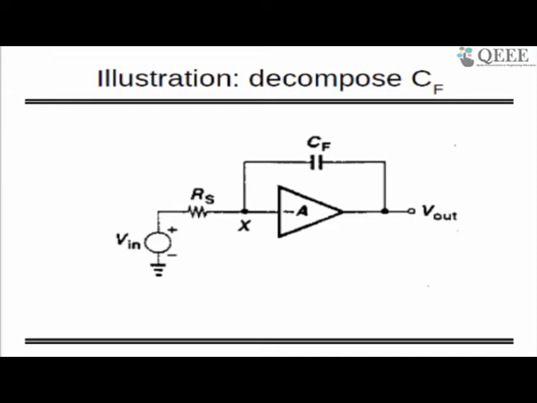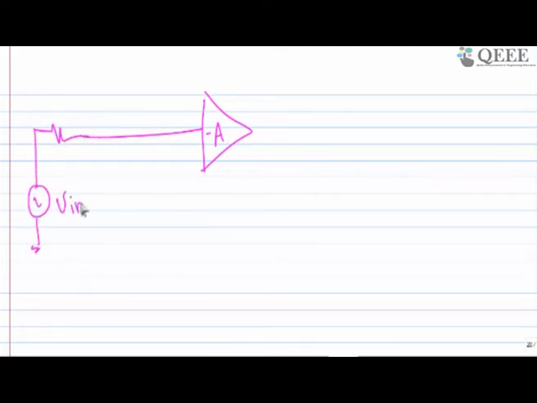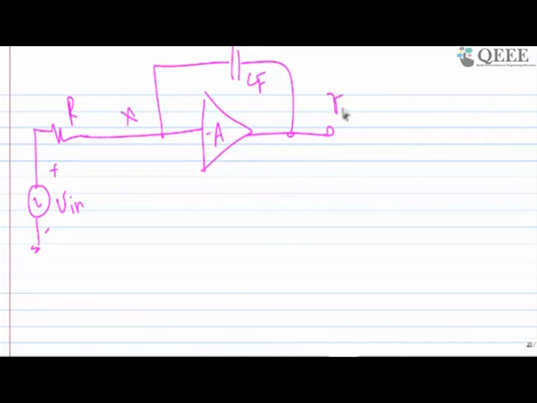I don't understand first of all what is going on here. So if there is an amplifier with the gain of minus A, there is a resistance and there is an input V in. So instead of this, if this is CF, this is the X potential and this is V out. Instead of doing this, if I can do this,